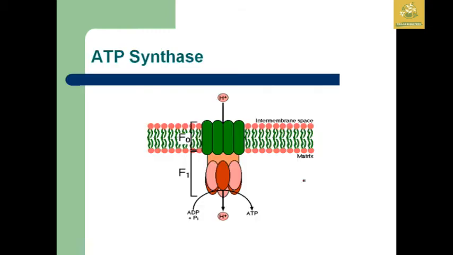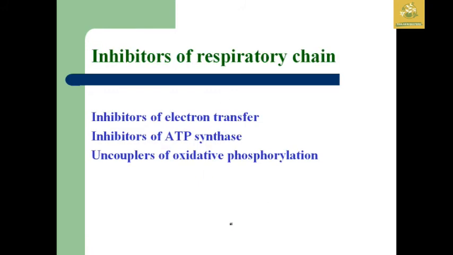So that was the ATP synthase structure. I have already told you that F0 is where the H plus as well as ADP and Pi enter, and at F1, ADP plus Pi is converted to ATP with the release of protons into the mitochondrial membrane.